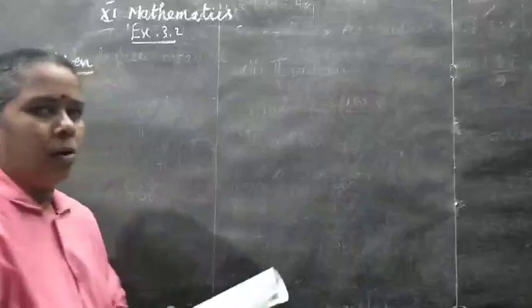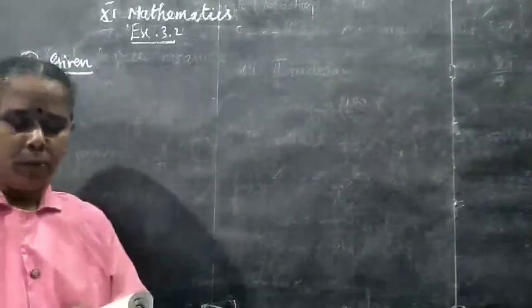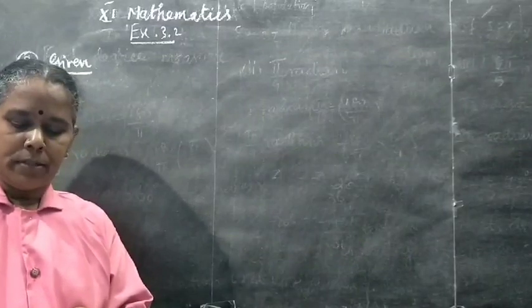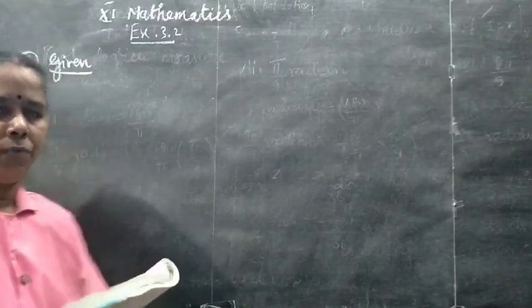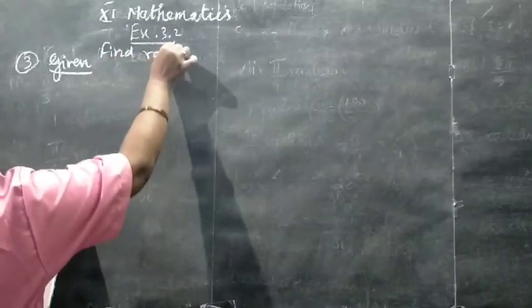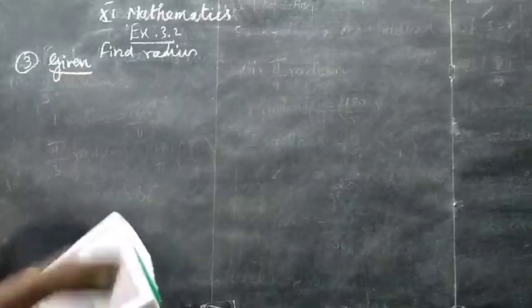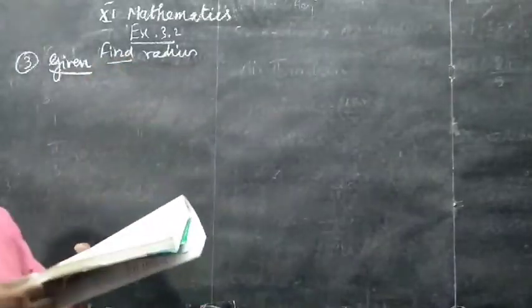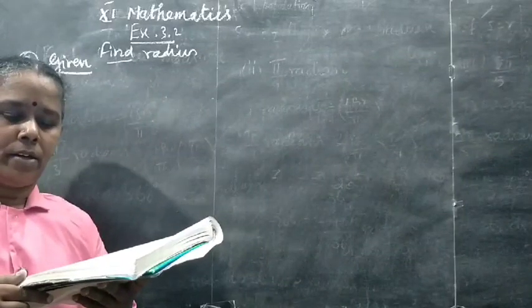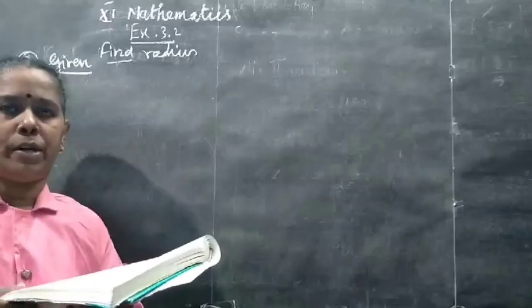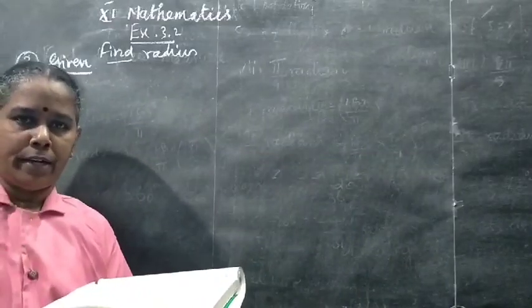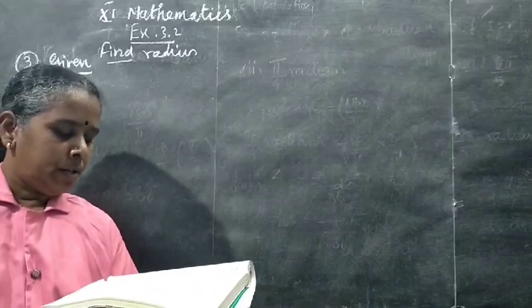Look at the question, third question. This is a word problem type. Look at the question carefully. What must be the radius of the circular running path? You are asked to find a radius. So this is: find the radius of the circular path around which an athlete must run 5 times in order to describe 1 kilometer. So around the circular path the athlete is running 5 times, so that it describes 1